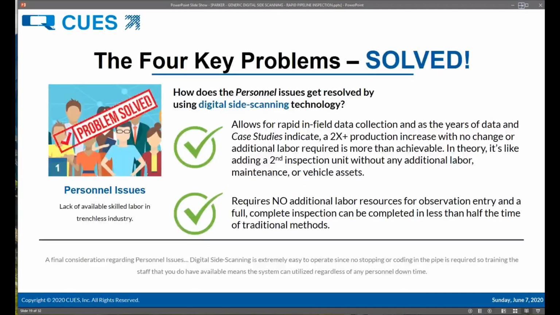So to address those 4 key problems we discussed at the beginning, how does digital side scanning solve personnel issues? Well, again, it allows for rapid data collection in the field. There's years of case study to indicate a 2x increase in production with no additional labor required. In theory, it's like adding a second inspection unit without any additional labor, maintenance, or vehicle assets. And it requires no additional labor for observation entry, and a full, complete inspection can be completed in half the